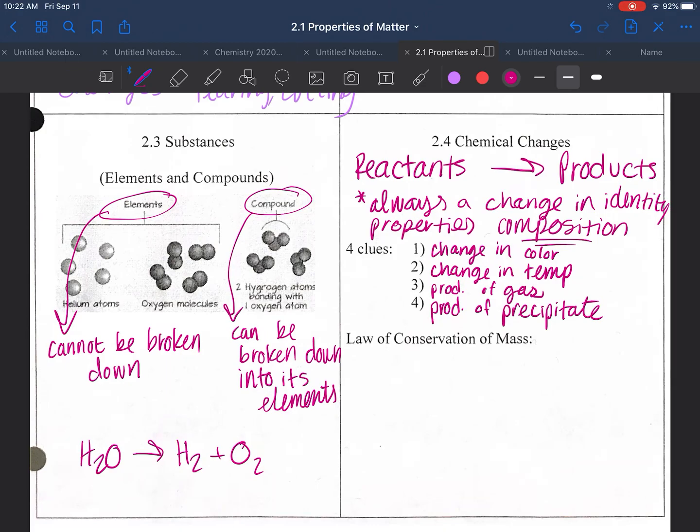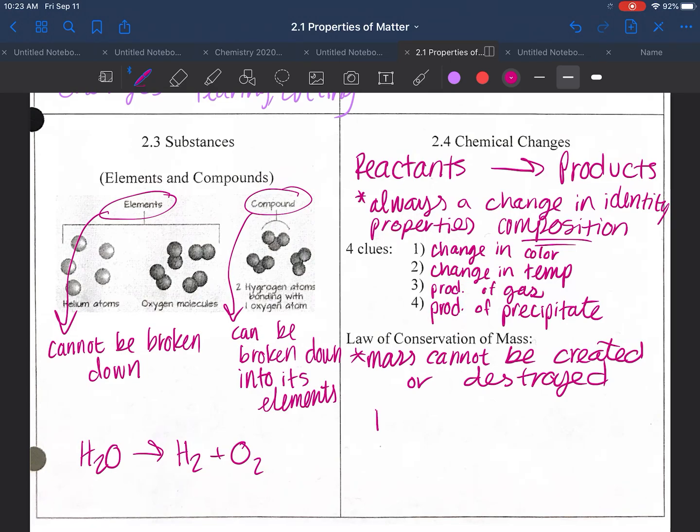And so this last little section here, this is very important, as the one calculation problem on your quiz will have to do with the law of conservation of mass. So we need to remember what that law is. That is the law that says mass cannot be created or destroyed. And this is very important for chemistry as we do reactions. So this is why our mass of our reactants has to equal our mass of products, because we cannot create